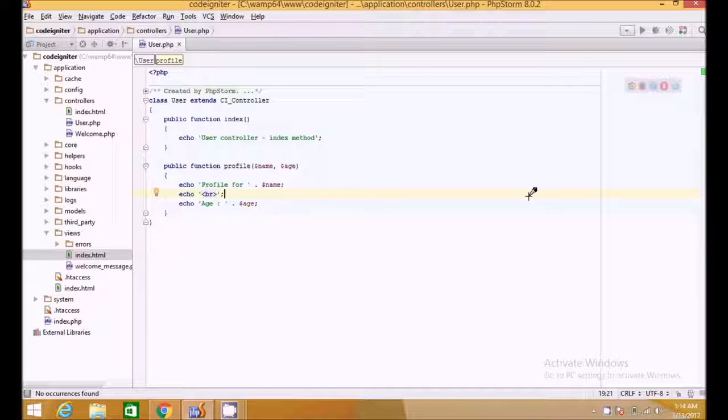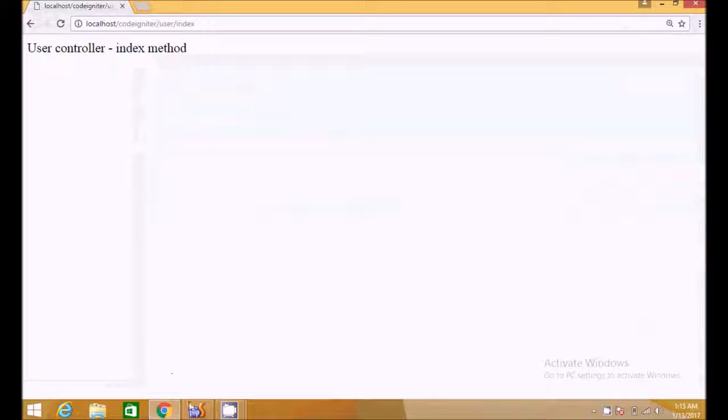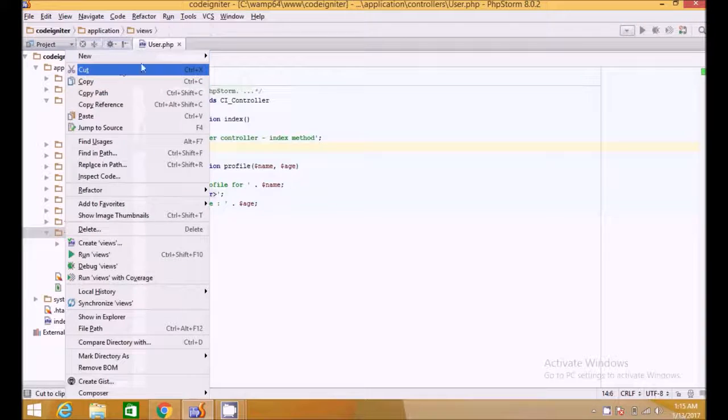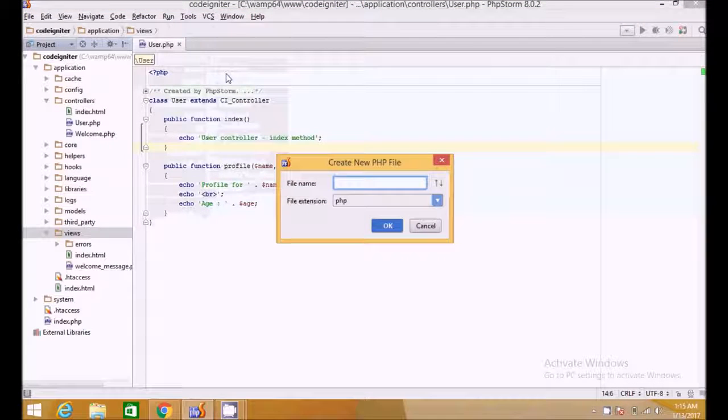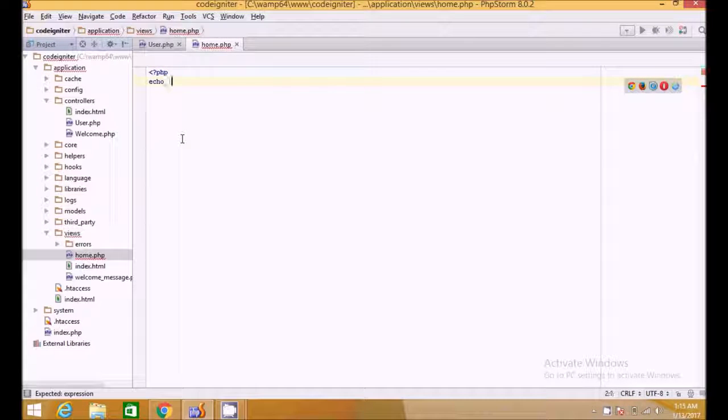So let's get started. In the previous tutorial we left off in the user controller, where we were echoing out text on the browser from the index method of the user controller. If we want to load a view here, let's create a view. From the views folder, create a new PHP file and name it home. Here we go. We echo out "hello from home view",